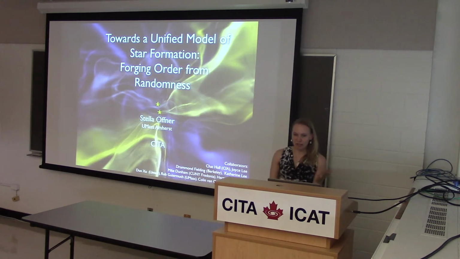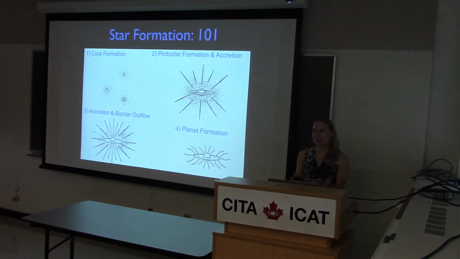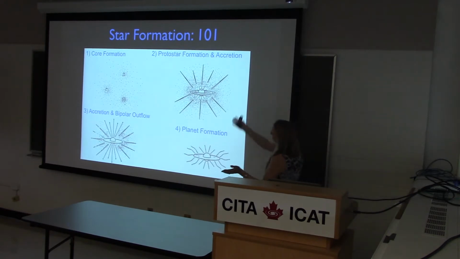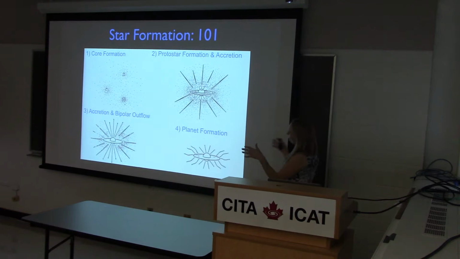Some of you might be thinking, well, we already have a unified model for star formation, and it looks like this, right? So we've had this picture for 30 years. We have formation of cores that collapse and form protostars. At some point, these protostars launch a bipolar outflow, probably more like towards this stage than here. Then there's a formation of accretion disks throughout this process, and at the end, there's the fried egg stage, at which point most of the gas has either been accreted or expelled, and you begin to get the formation of some planets.